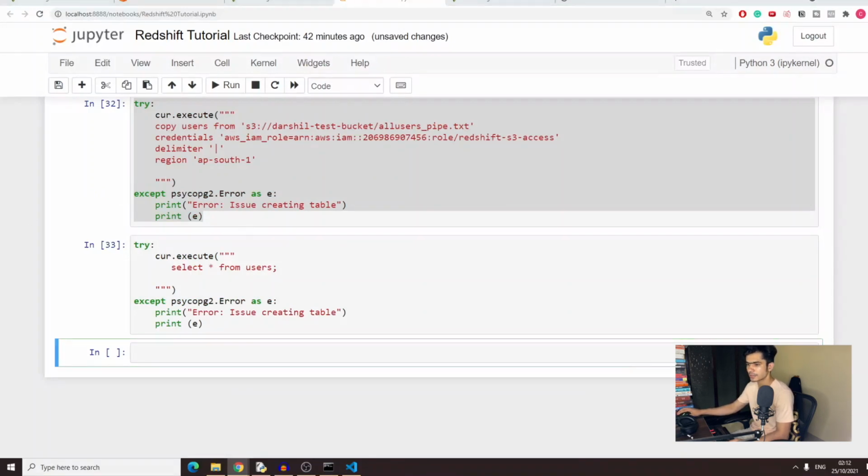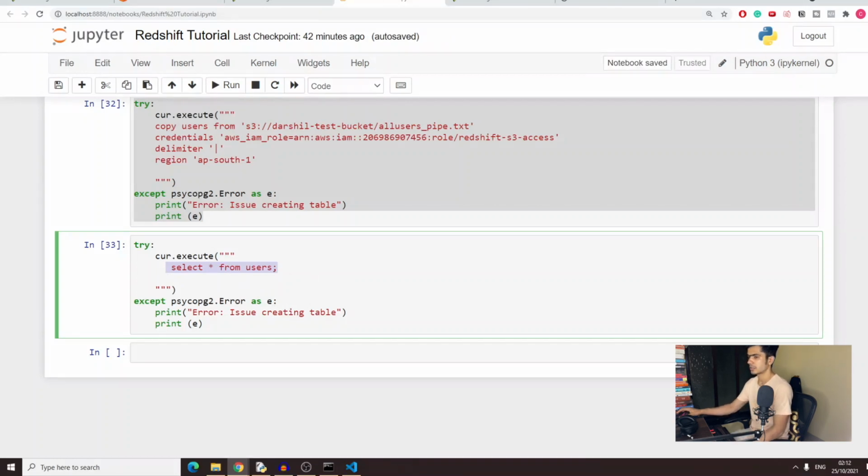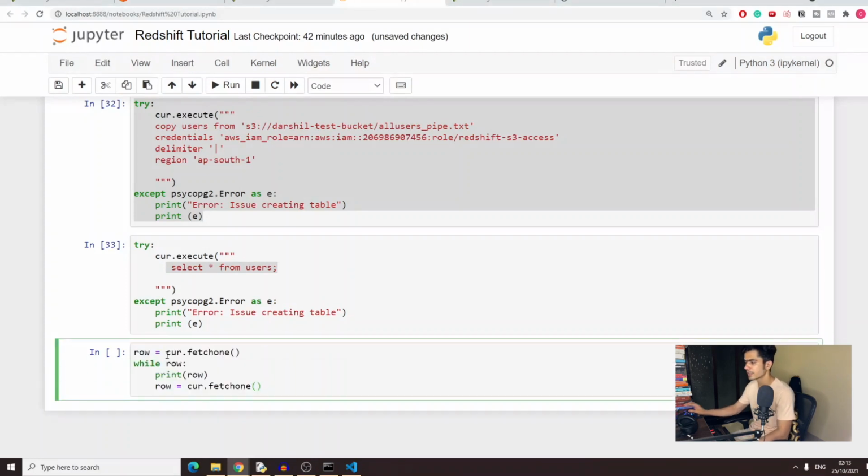Now this has successfully executed. All the data which we got from this query, we're going to display. Let me open up the previous code because I don't remember the syntax, and this happens. You don't remember everything, which is why you need to have some kind of backup and documentation stored, so in the future if you forget anything you can always go back. This is the syntax: cursor fetch 1. This will give us the first row, and in the while loop we keep fetching all the other rows and printing them.